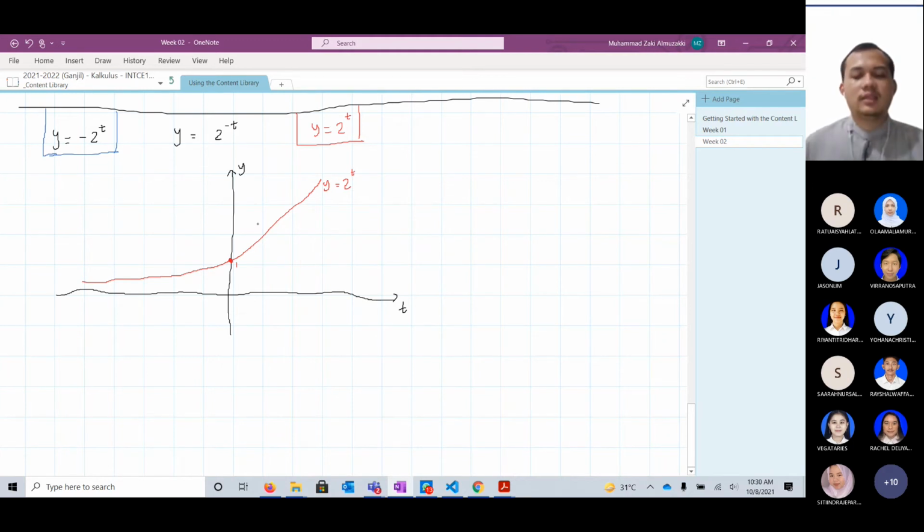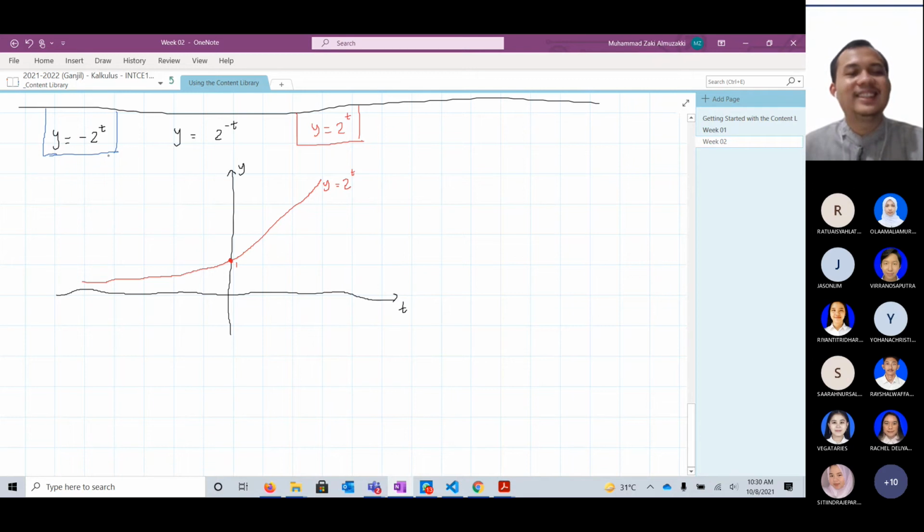Is it a shifting, a scaling, or a reflecting? Anyone remember? If we multiply by minus 1, it is a